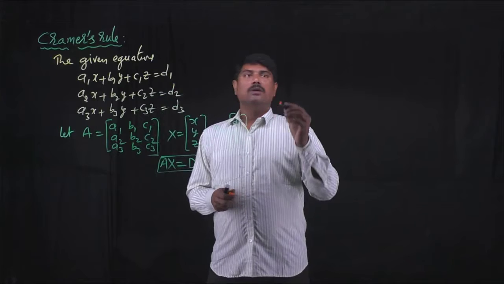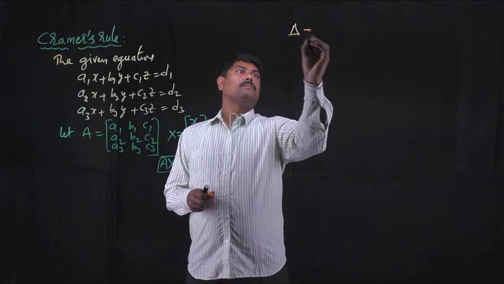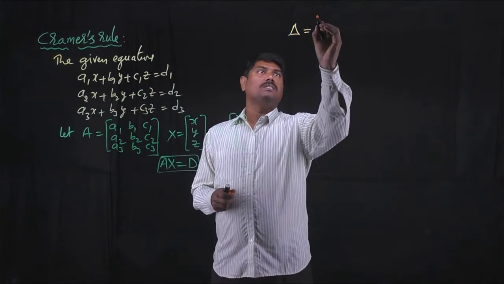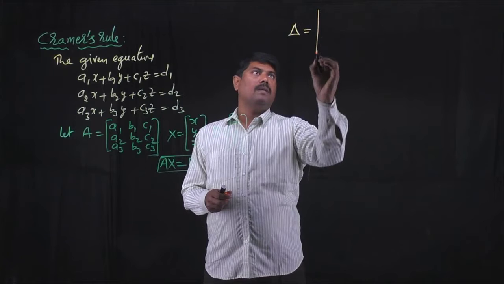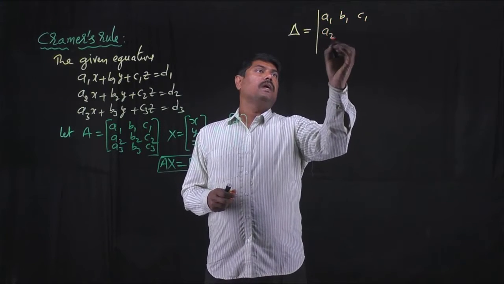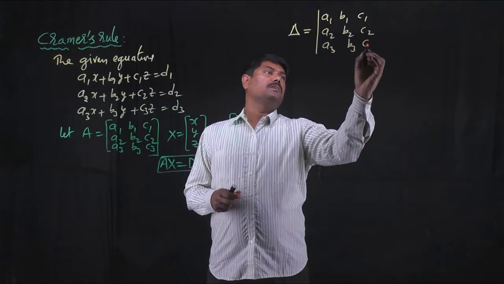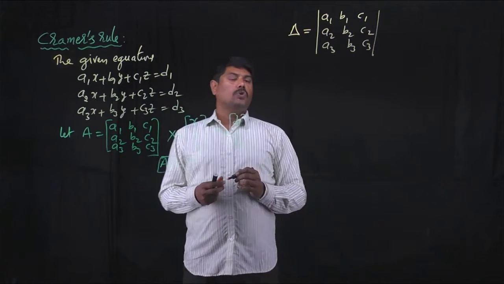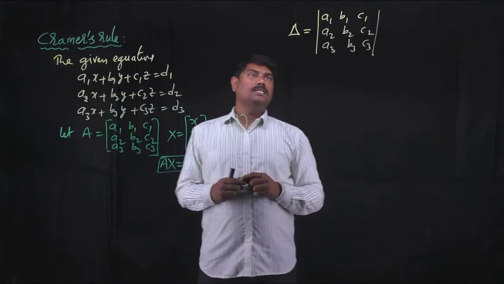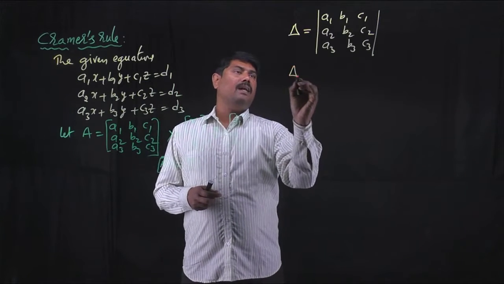First, you have to find one value which is delta, the determinant of the coefficient matrix a1, b1, c1, a2, b2, c2, a3, b3, c3. So you have to find the determinant of the coefficient matrix, which is denoted by delta,